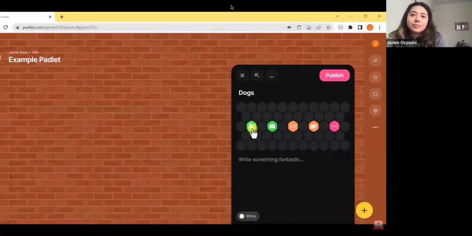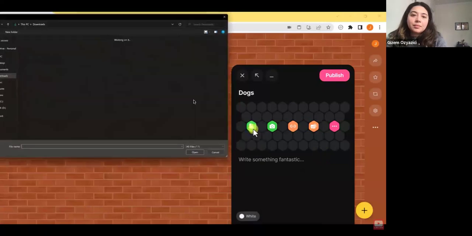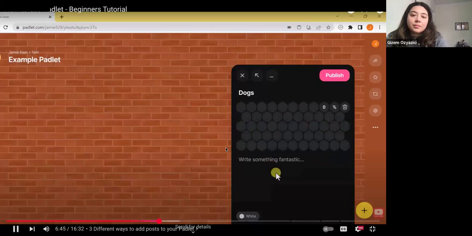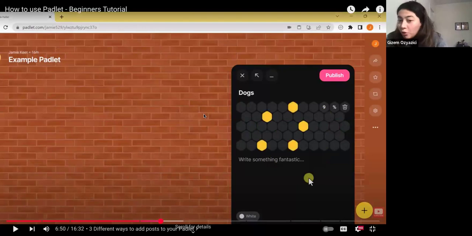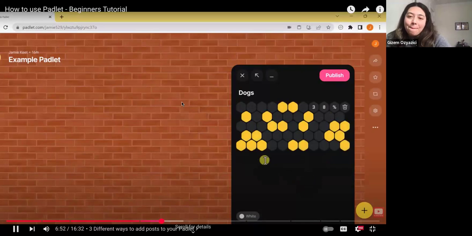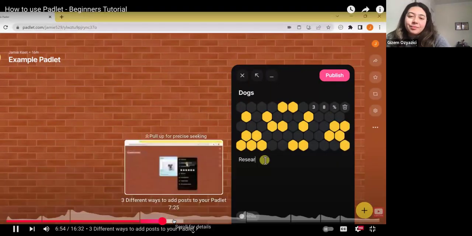So if I hit the upload right here, it goes to my computer. Here's a Word document I could grab, and it's uploading that Word document. You can see how fast it's loading up through here. So one thing that I love, you can upload your actual documents, which is unique. As it's loading up, I could be writing something about this. So maybe this is a research paper. I don't think it is, but I'll